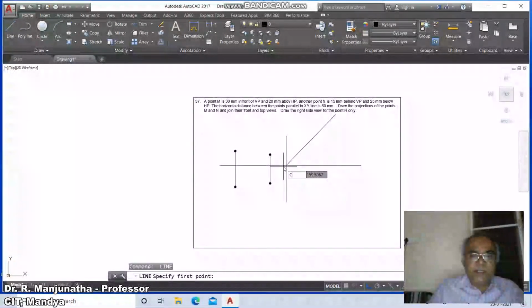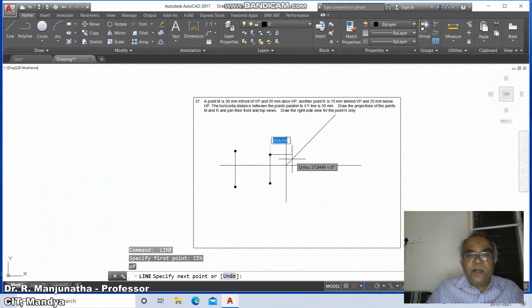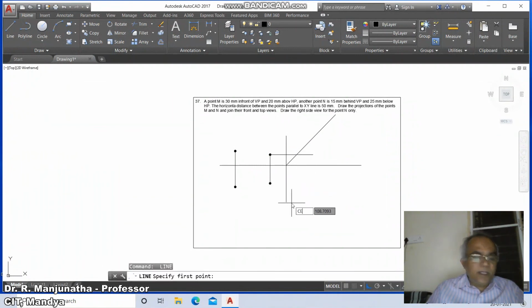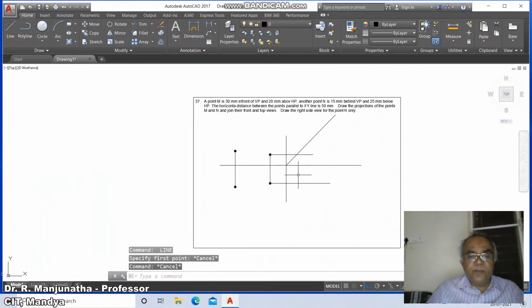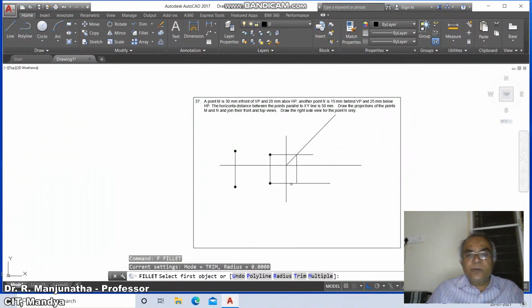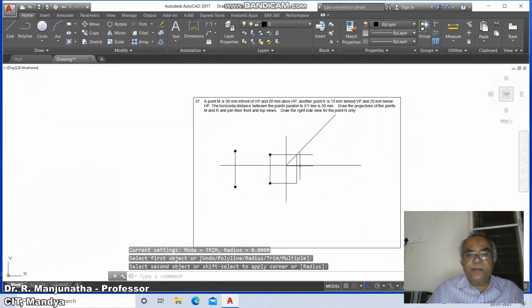Then go to line, take the center of this and draw a horizontal line, and again take the center of this and draw a horizontal line. Then take line, first point intersection of this line, and take perpendicular to this, and go to trim corner between these two and between these two.